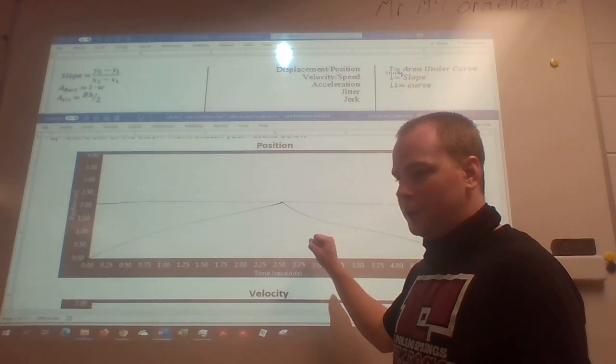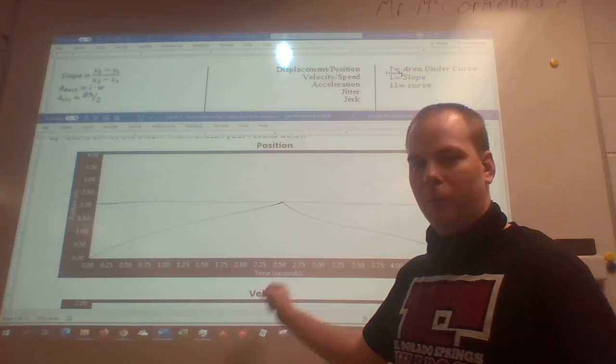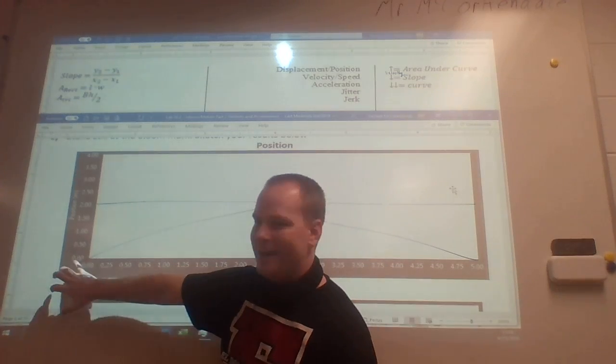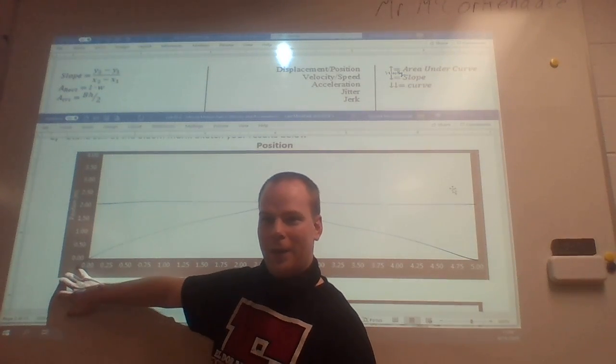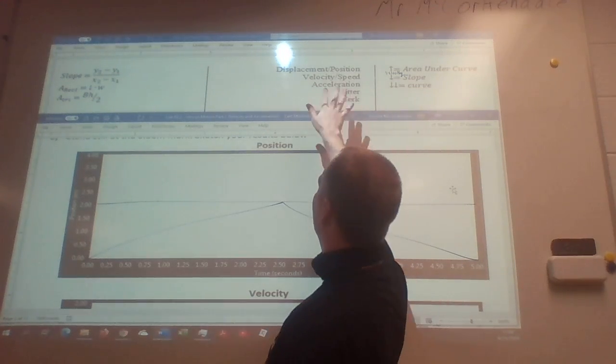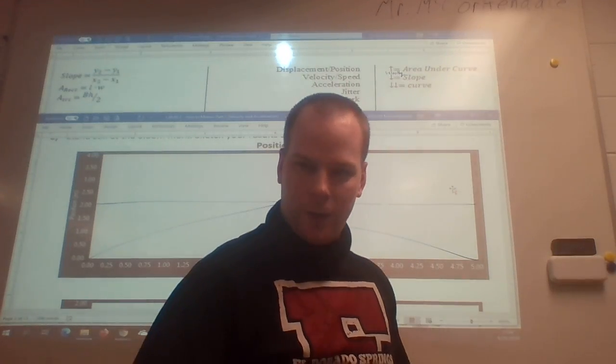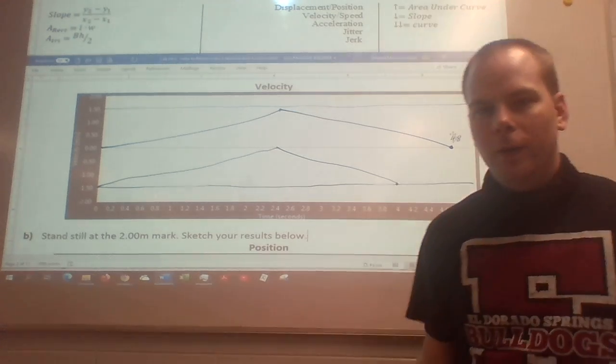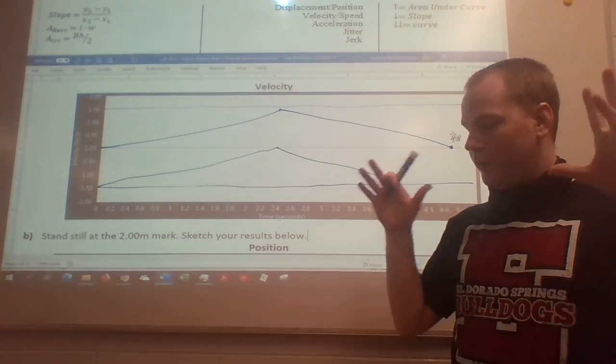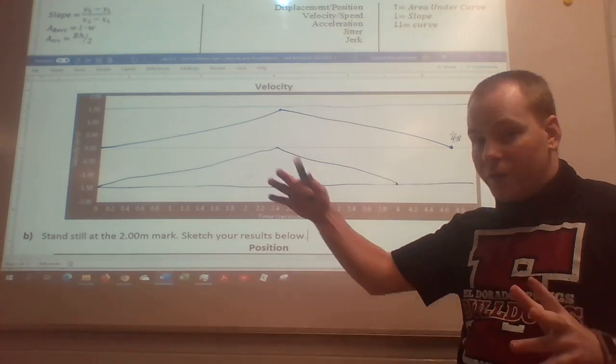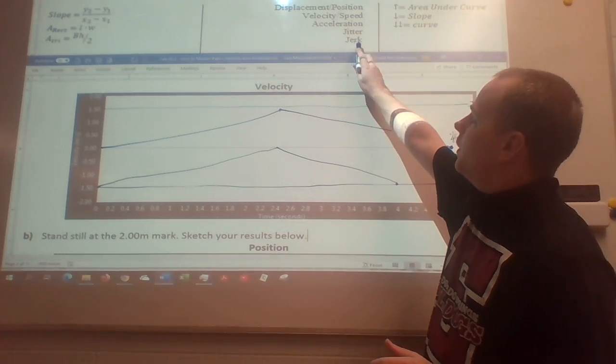Okay, now I'm going to switch to velocity, because velocity is a little more complicated because of the negative values you can actually get on all the rest of these except for position. So I'll swap that up real quick. All right, first big difference in our velocity graph and any subsequent graph that we might take from this list